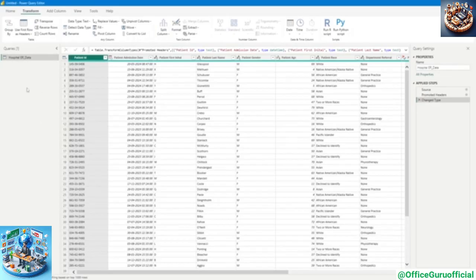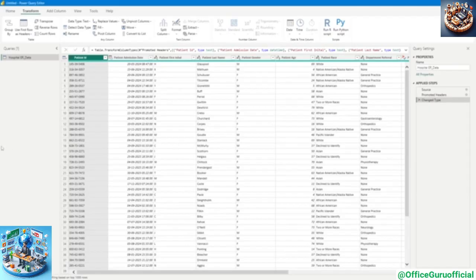So this is the name of the table you can see, and at the right hand side you can see these are the applied steps. This is nothing but a history of whatever steps we are applying after coming to this Power Query Editor, so that another user or yourself, when you're opening it after 2 months, 6 months, a year, or 2 years, you know what steps were applied to clean or modify the data